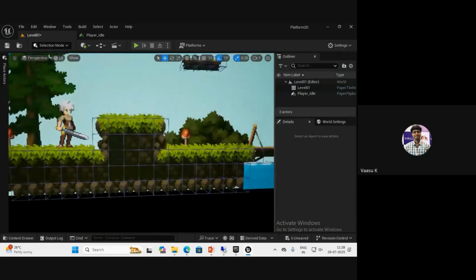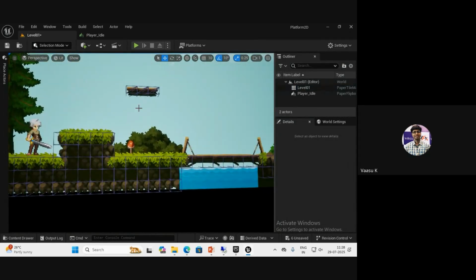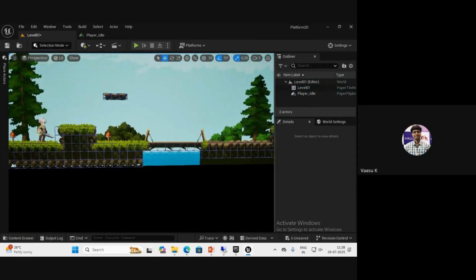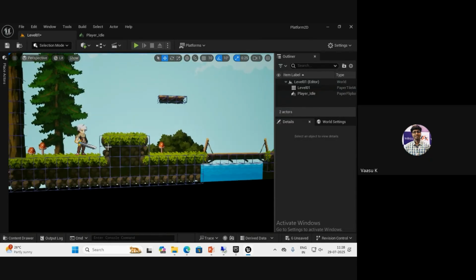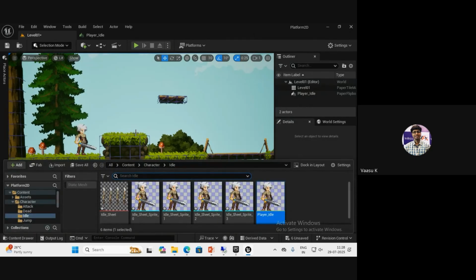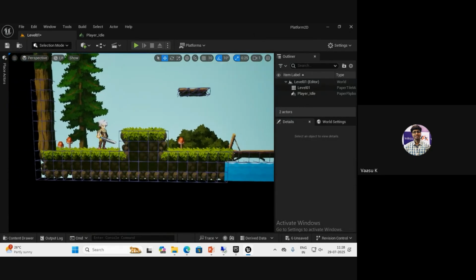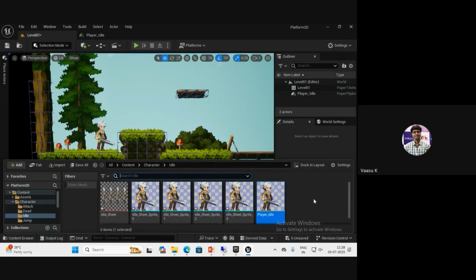The character height is fine for me, and this has to be a little down. It's not going to be up. So you have to adjust according to your jump height and everything. You can still manage the things. So now idle is working here, and that is properly adjusted to your environment. Okay. Now,